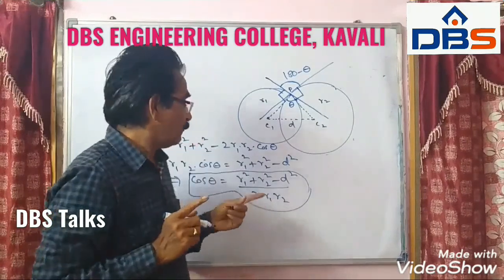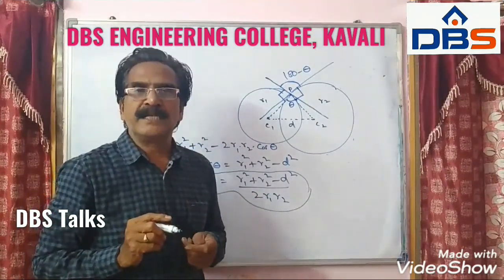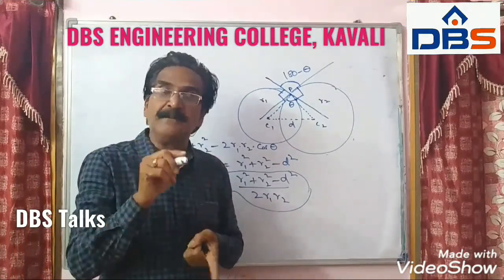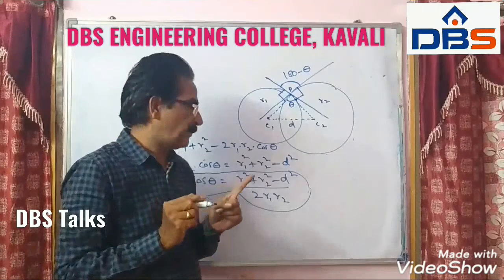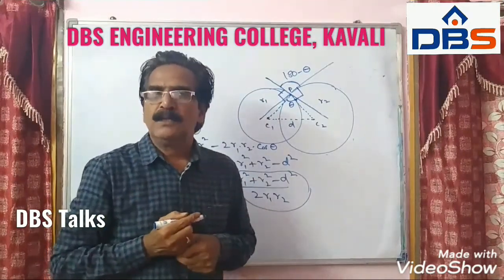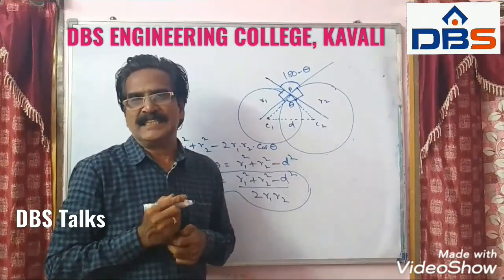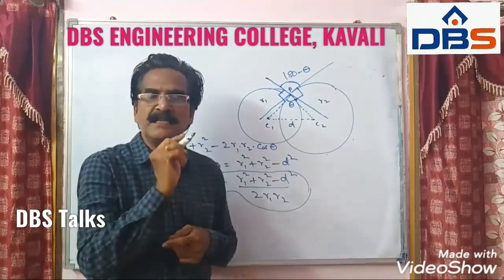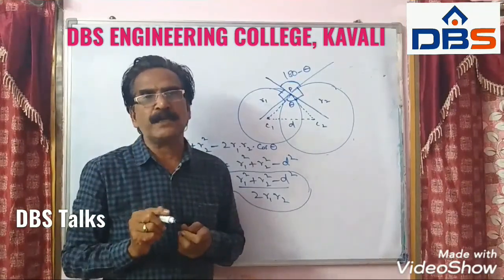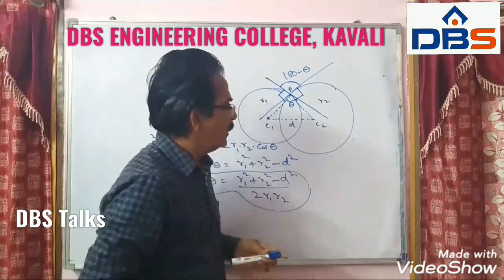So from this formula you have to find cos theta, then you have to do 180 minus theta. That is your answer. Suppose by doing this you got cos theta is equal to 1 by 2. Cos theta is equal to 1 by 2 means theta is equal to 60 degrees. 60 is not your answer. 180 minus 60, that is equal to 120. 120 is your answer. Keep this point in view, friends. This is an important point.